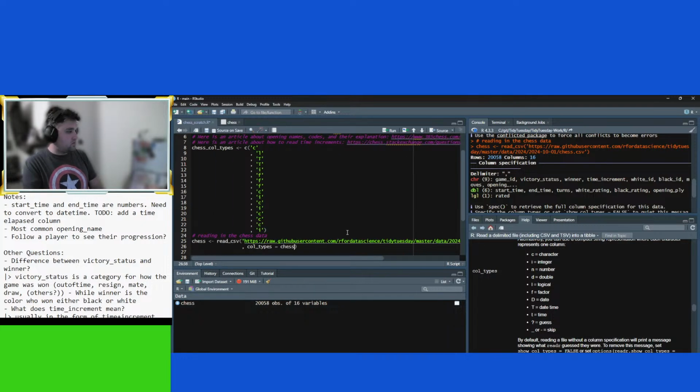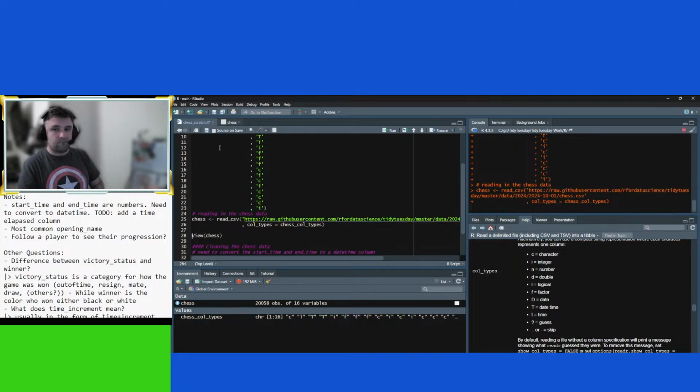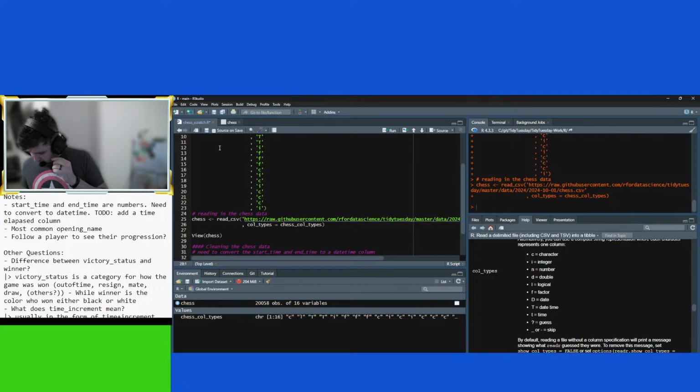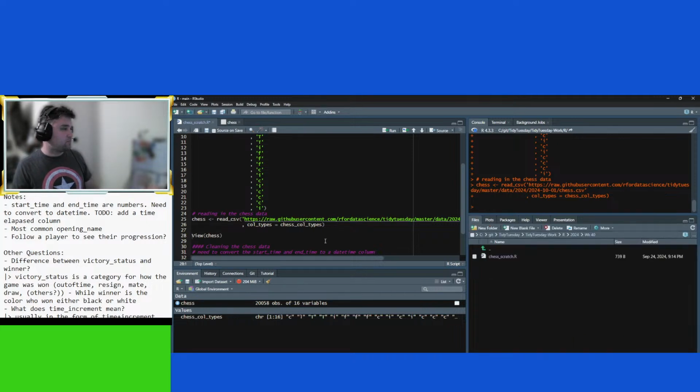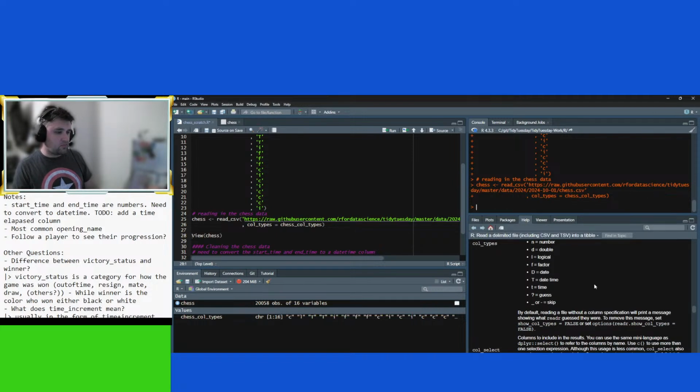Equals. Holy cow. Whoops, sorry about that. Show call types equals true.